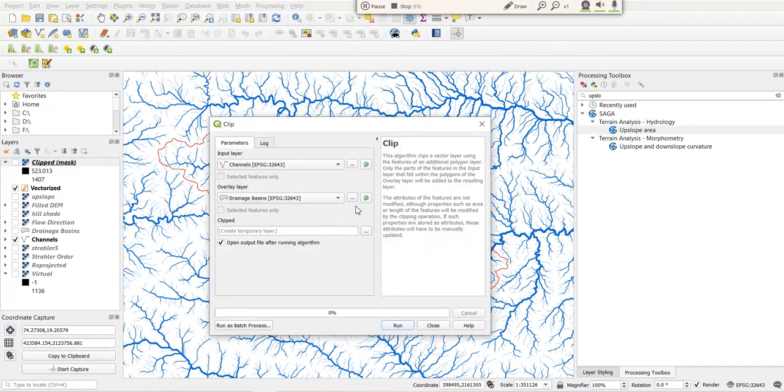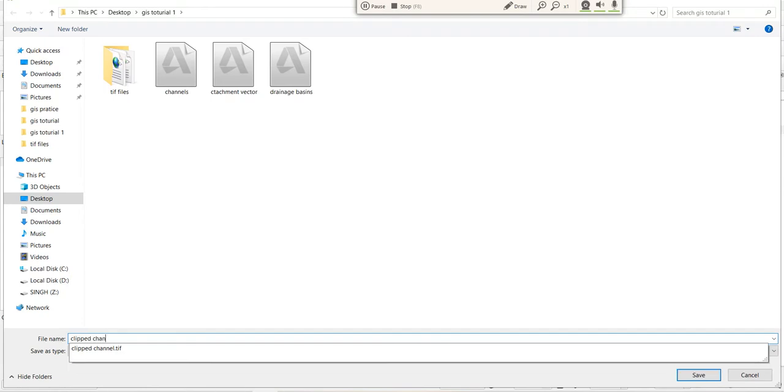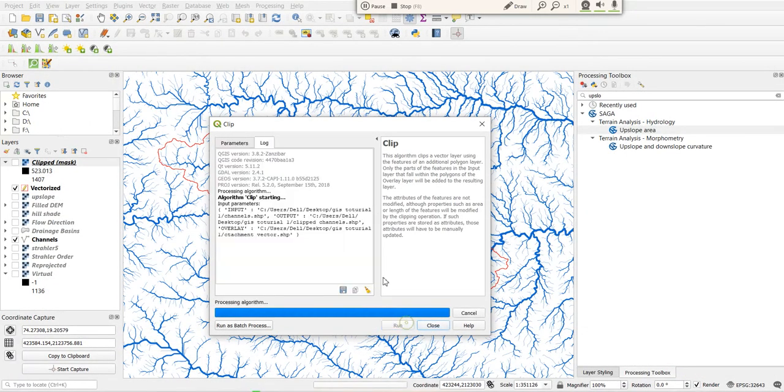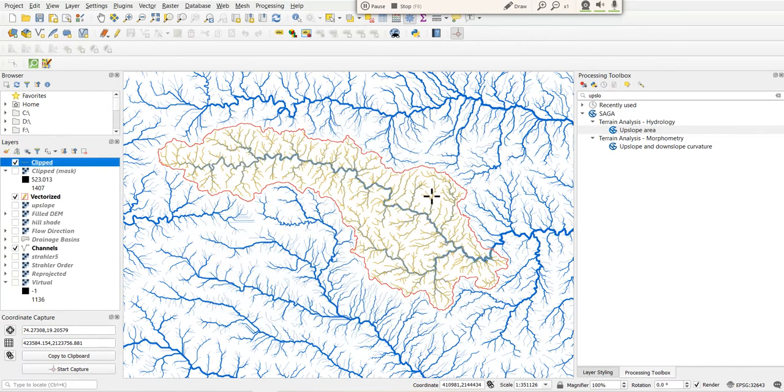So clip, and the input layer is my channels, and the overlay layer is that vectorized layer. Then save the output to file, clipped channels, save, and just run that process. So it is finished, close it. So you can see the channels are clipped.